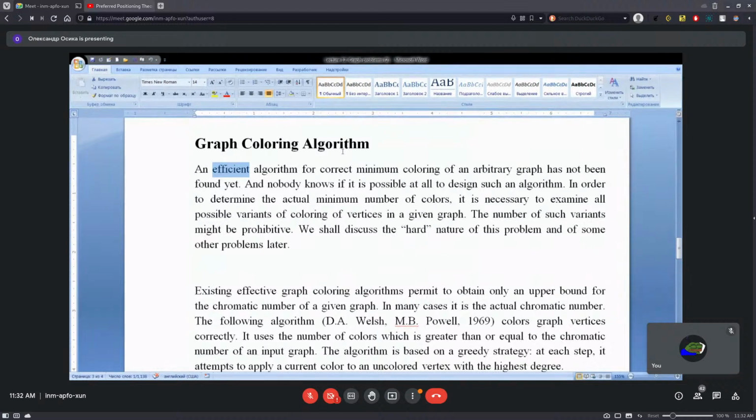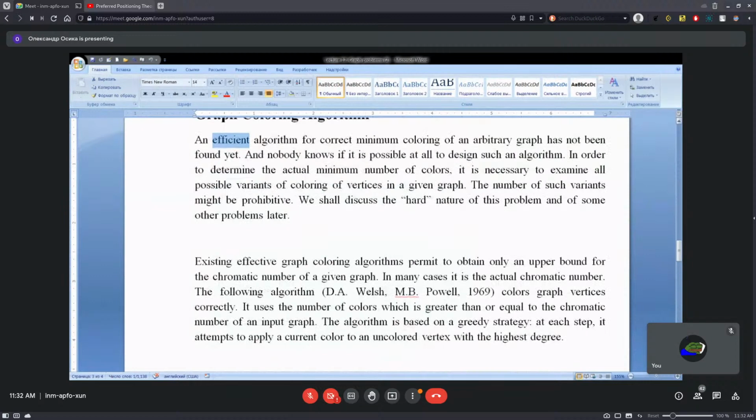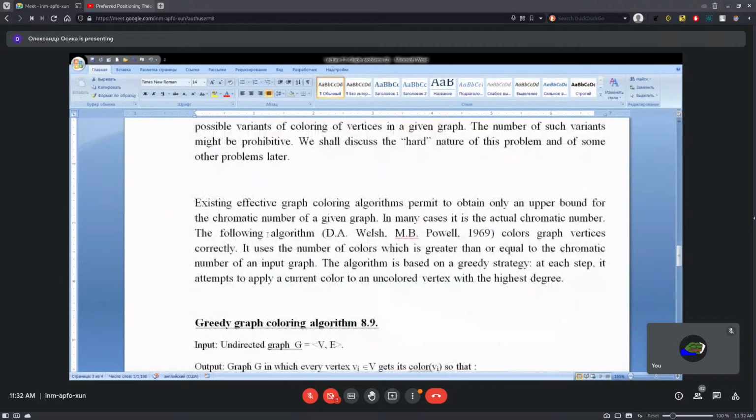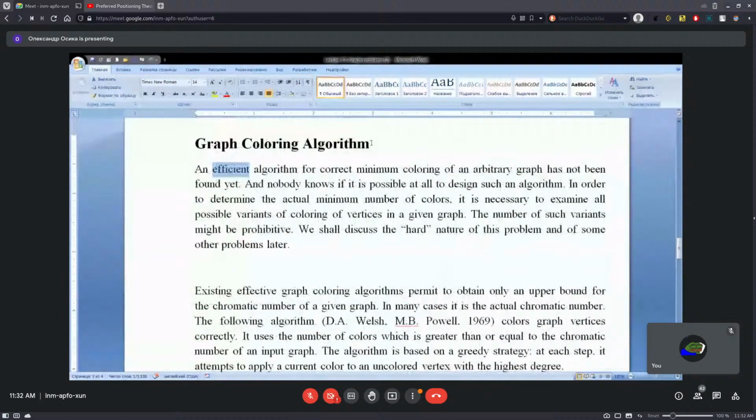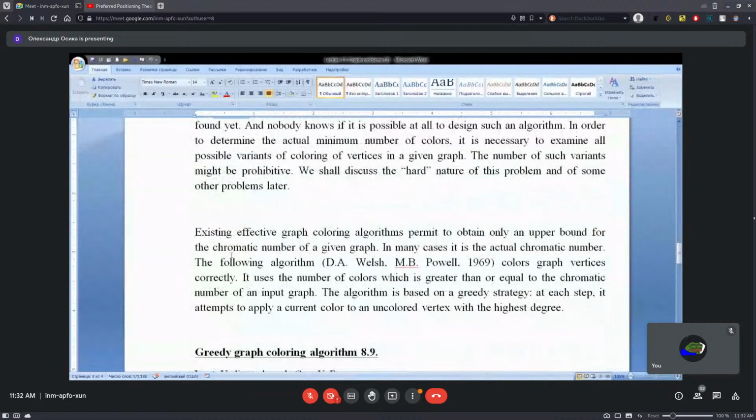All of them will be solved with certain modifications after some research and so on, but there will be no question anymore whether it is possible or not. So this is interesting. Well, we are back to graph coloring algorithms. Existing effective graph coloring algorithms. Oh, by the way,